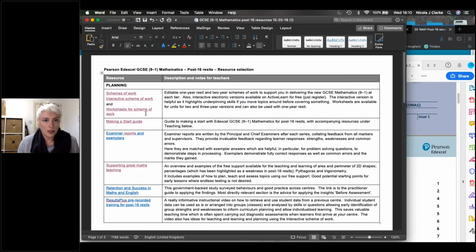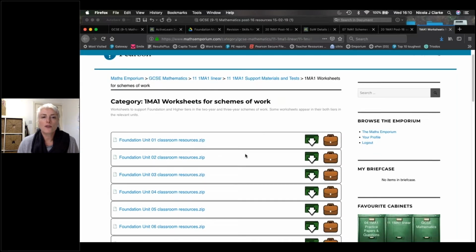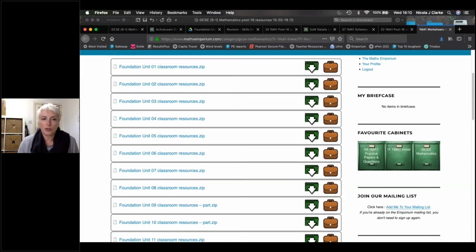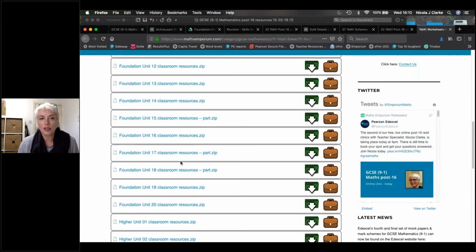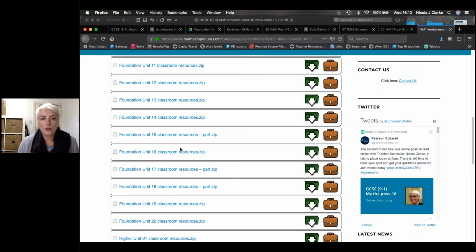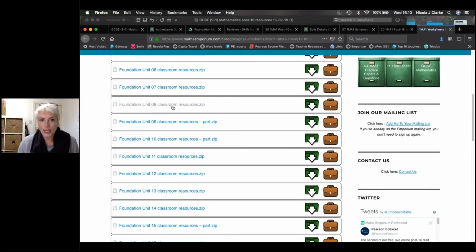We've also got, back up to the scheme of work, a set of worksheets for the scheme of work. These again are in with support materials within the GCSE. And these are classroom resources. They're levelled. Post-16 would tend to focus on foundation. That seems to be where the bulk of our learners are targeting. And these are worksheets. If we look at foundation,